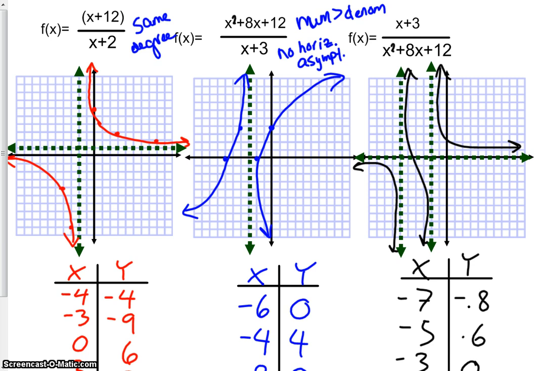Okay? And actually, we're going to find out more tomorrow about what happens. There's a slant asymptote in there, and I know I don't show it right now. We'll find out more about that in our next video. In the third